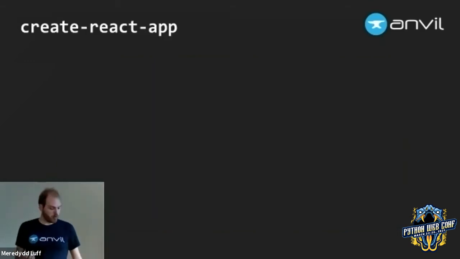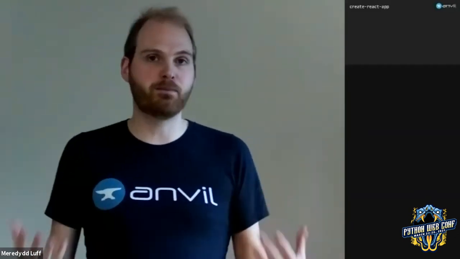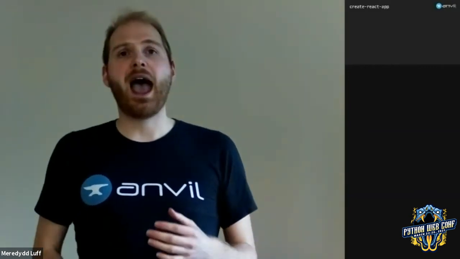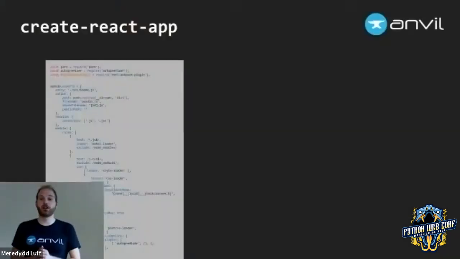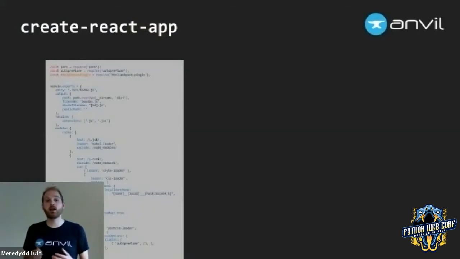Create React App. If you're not familiar with the front-end web ecosystem, these days you don't just have to write a bunch of HTML and some CSS and some JavaScript to build a web application. You actually write that, and then you assemble your application with a build chain that involves minifiers and CSS preprocessors, all coordinated by a central build tool, usually Webpack. And this is actually quite complex to configure. And indeed, this is what I got when I first Googled Webpack config file. It doesn't even fit on one slide, and this is a simple example.